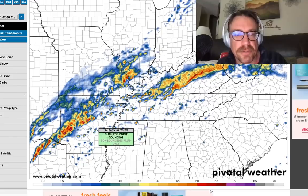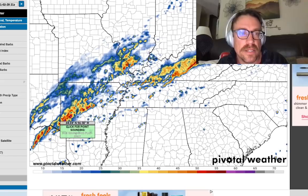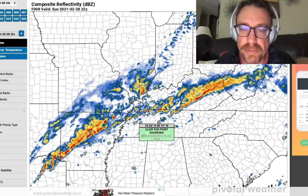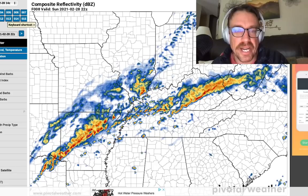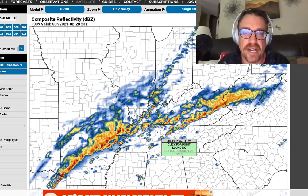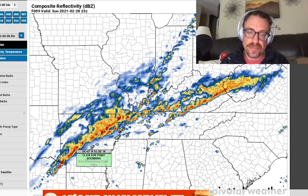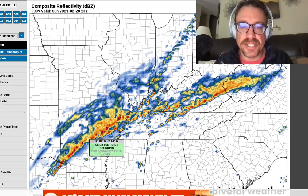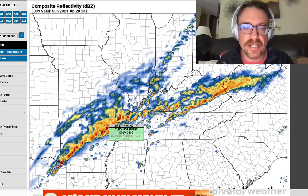This is the latest HRRR coming in at 21Z. See if there are any renegades that get going in this. The HRRR does show some convective elements in here now, but it is backing off on these renegades maturing into supercells here, but you still got to keep an eye on that environment. This is at 21Z, 5 p.m. Central Standard Time. And by this time, those HP supercells that evolved over central Arkansas are now moving into northeastern Arkansas. Everything is congealing into a QLCS pattern, a quasi-linear convective system,